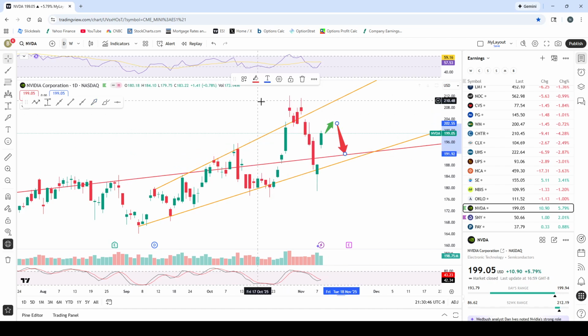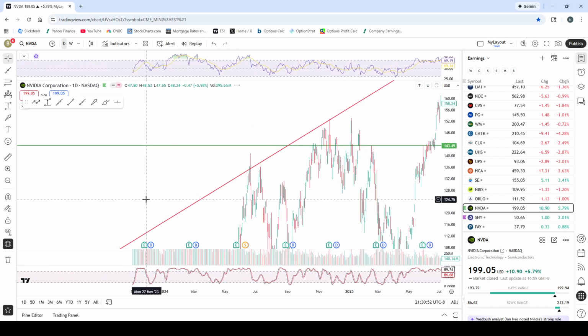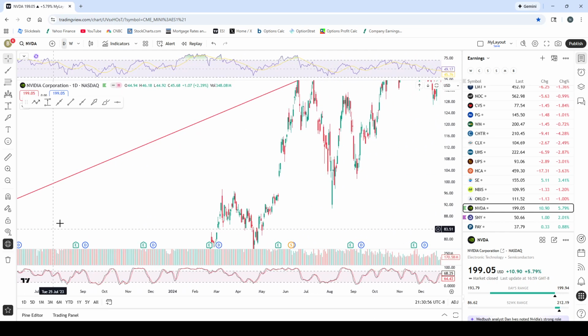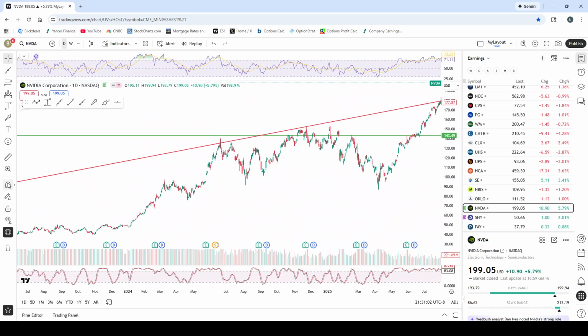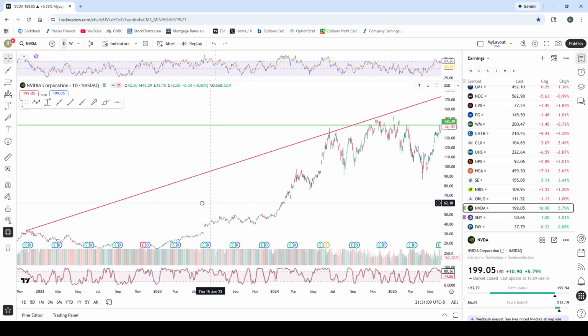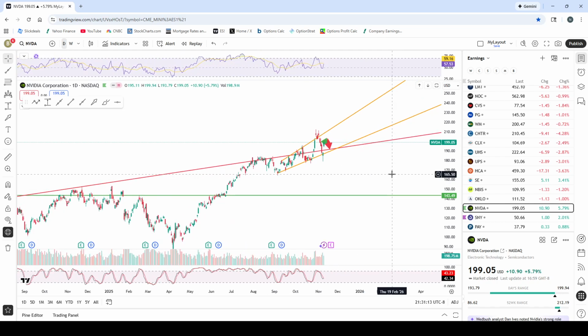We're going to head down to this red and orange line. Red line, where is it? It's a long-term resistance from 2024. Actually, it might even, oh, look at this. It went all the way from the 2021 high. Okay. So it looked like